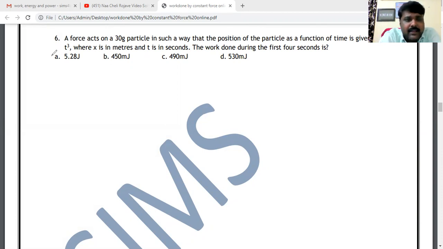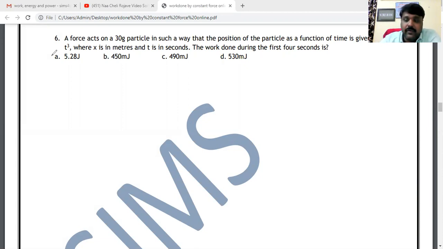A force acts on a 30-gram particle in such a way that the position of the particle as a function of time is given by x equals 3t minus 4t square plus t cube, where x is in meters and t is in seconds. The work done during the first 4 seconds is,